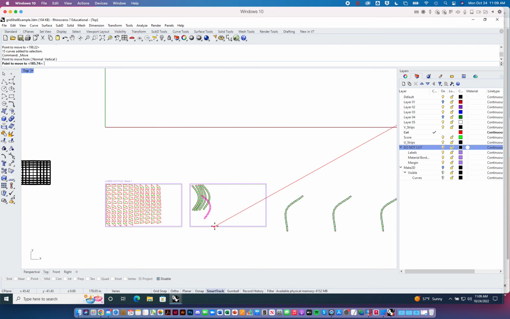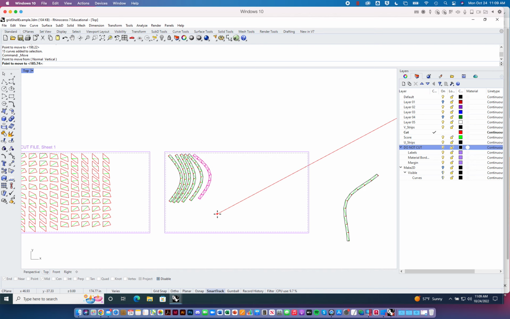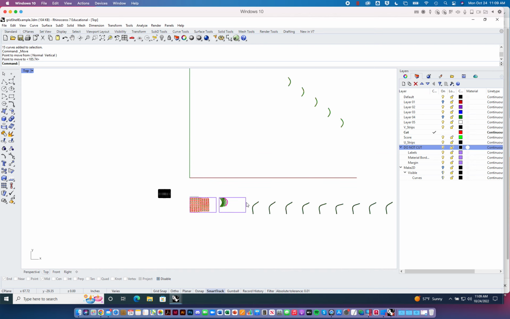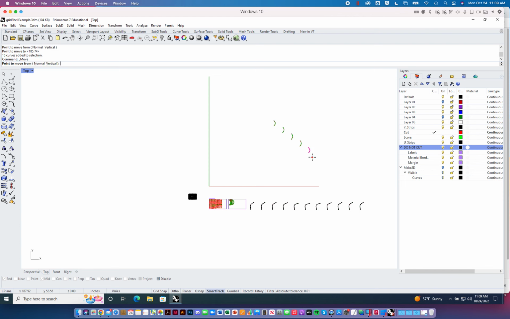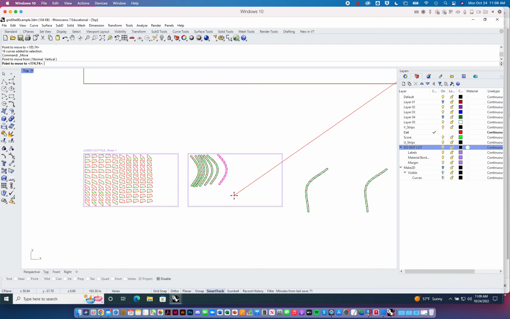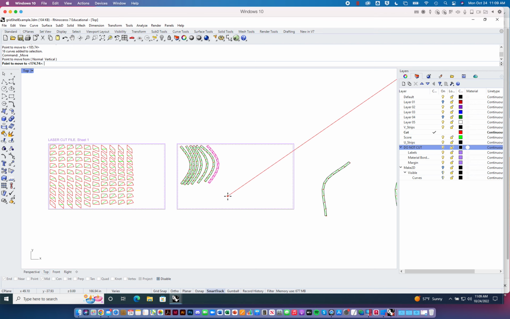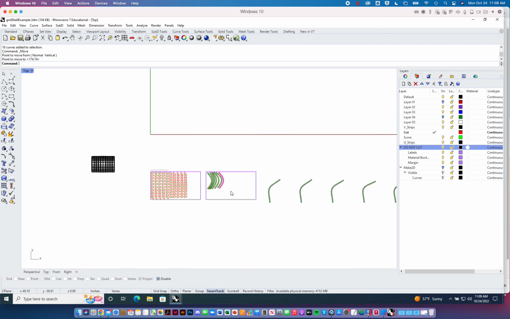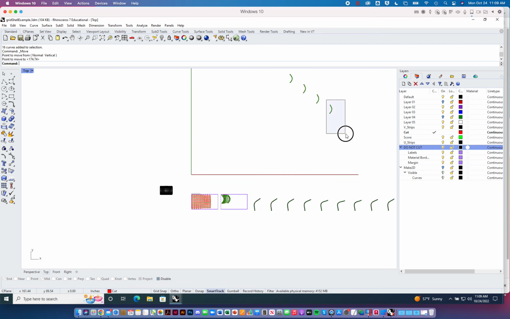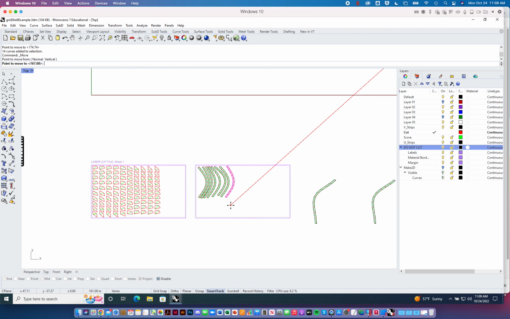Maybe I'm not taking my time enough to find an optimal way of organizing these, but I'm just trying to get everything prepped so at the end here,